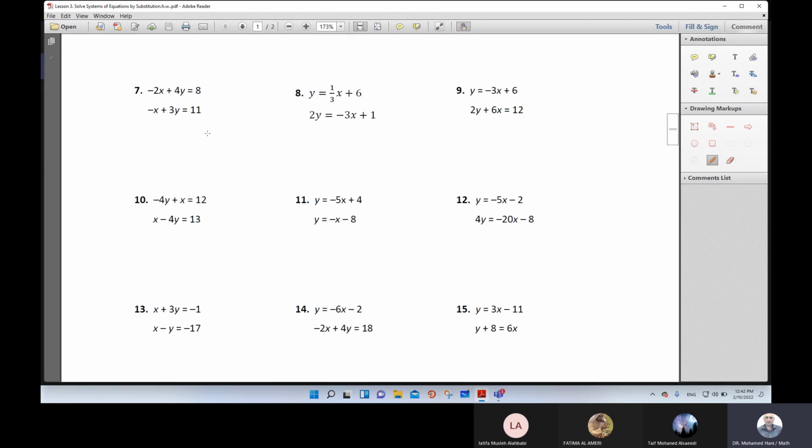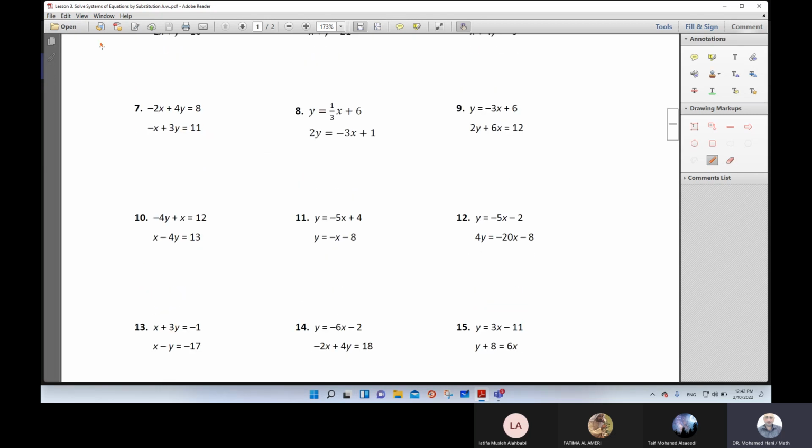So we want to write the equation in the form y equals mx plus b. So we want to prepare the first equation and the second equation to be like this equation. So from the first equation here, we can move 2x to the second side, and you can keep 4y in the first side. So here we have 4y